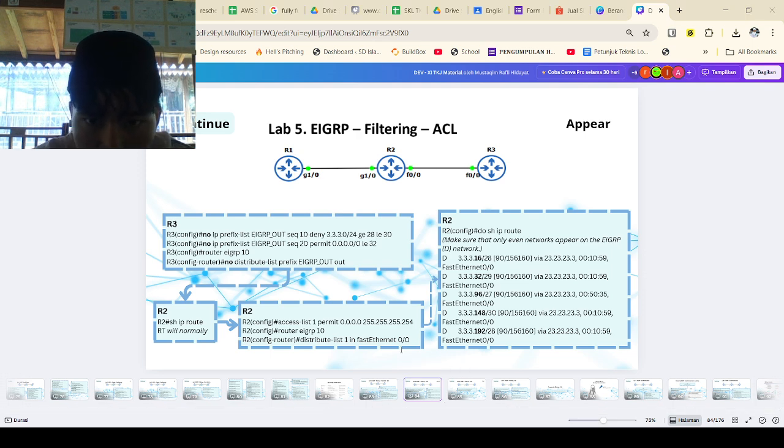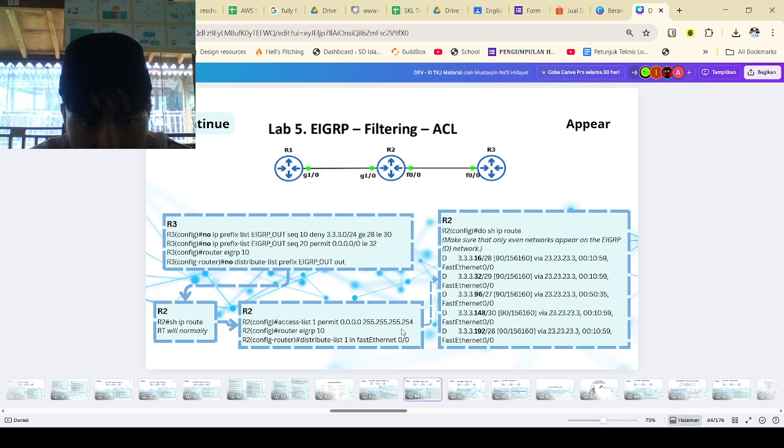Because it matches every other address, it's a way to filter on the last bit of the addresses and therefore select even versus odd blocks. And the second is distribute-list 1 in FastEthernet 0/0 on R2, which tells R2 when you receive route updates from R3